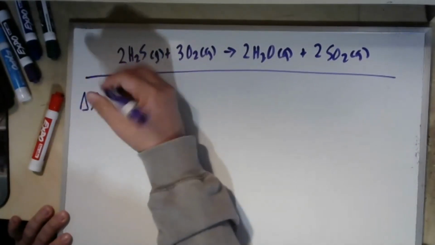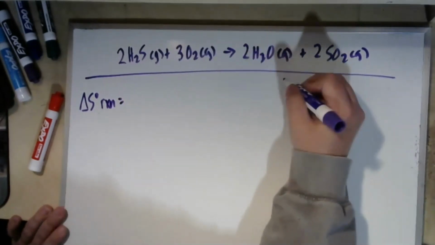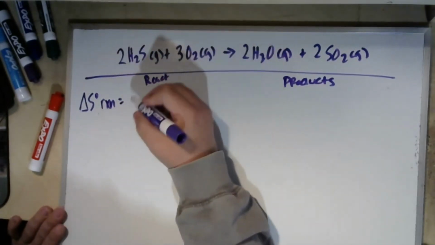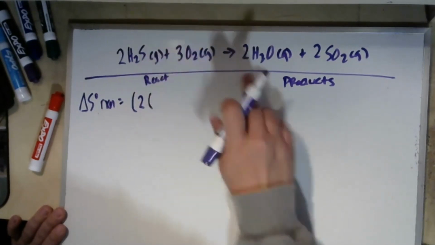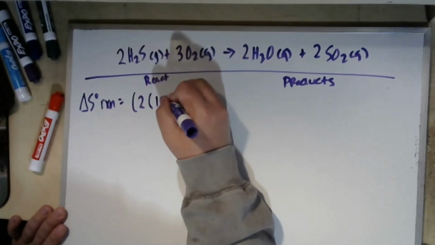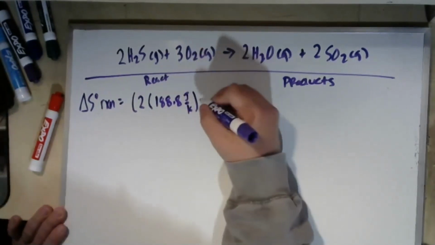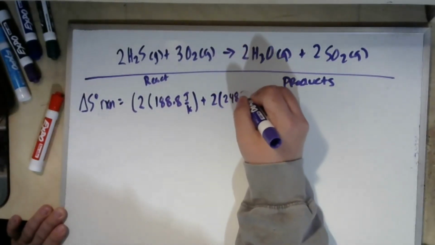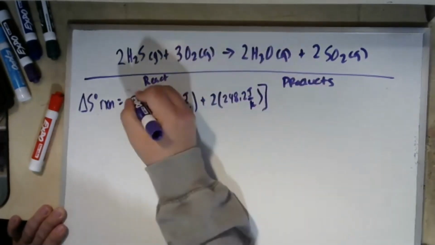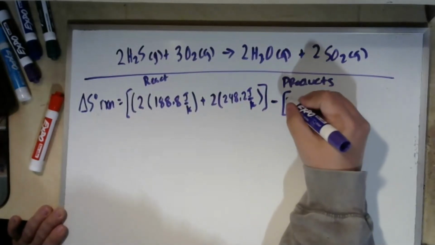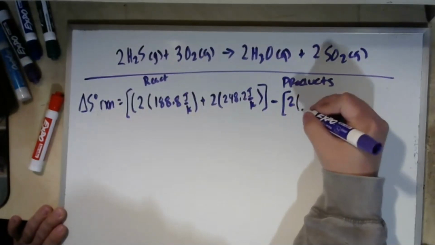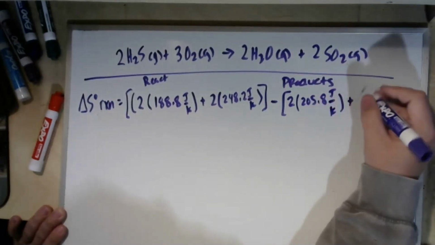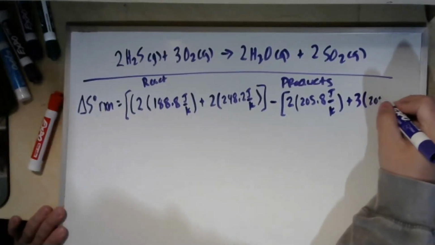Okay, so to find our delta S, it's going to be products minus reactants. Okay, so 2 times the H2O value plus 2 times the SO2 value minus 2 times the H2S value plus 3 times the oxygen value, 205.2,